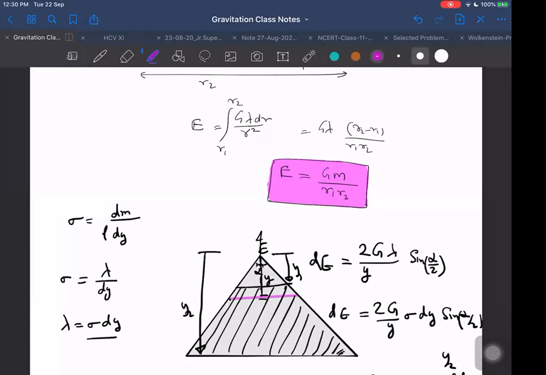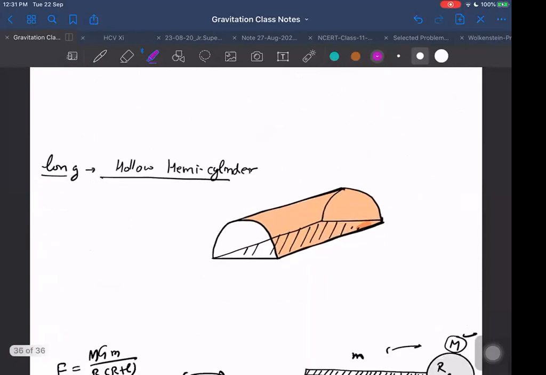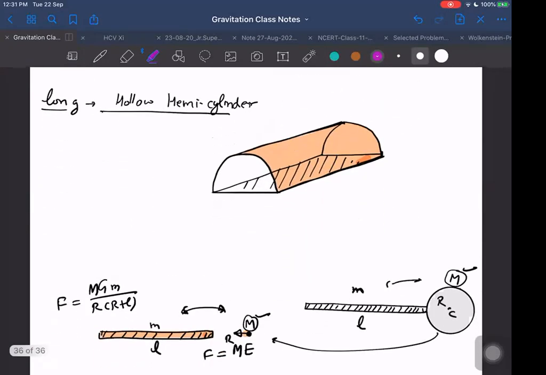But we cannot keep on finding where it is concentrated. We should not even waste time in that, because every time it will appear to be concentrated in a new location. To find the field in different places, it will appear to be concentrated in a different location. So rather than wasting time finding out where we can assume it to be concentrated, we will just learn to derive it. Only one thing we will learn: for spherical bodies, it will always be at the center. Center only. Do this long hollow cylinder case.